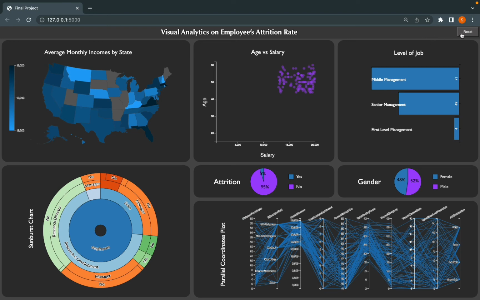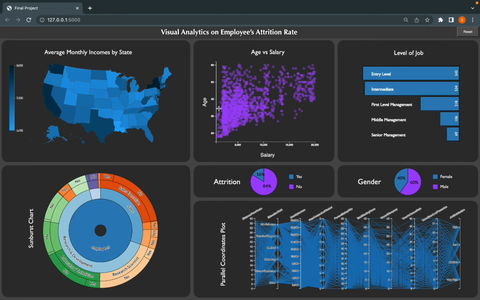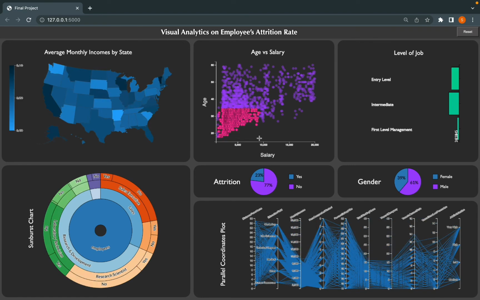So one more thing we can find, on the contrary, we can see the employees who have low salary and low age. So it's around 23%, which is around 5 times of the previous subset of employees we have seen. So this is a huge difference where we can easily tell how the age and the salaries affect the